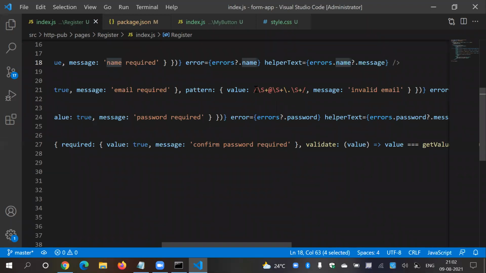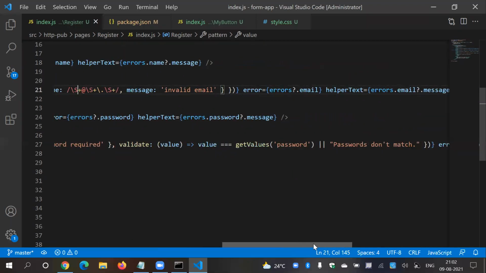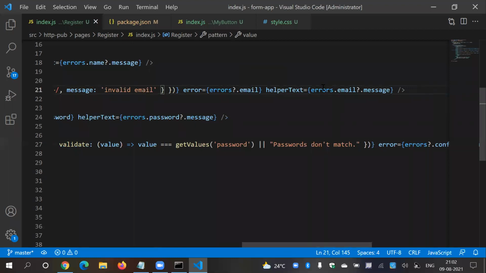So this is pattern. And I usually try to Google it and copy and paste it, but try to understand what it means. Plus means one or more, star means zero or more. This is a basic thing, guys. So s means string, d means digit, and this is if errors, then helper text errors. This question mark means we are not sure whether we have this email attribute in errors or not. So if it is null, skip, ignore the next part, means ignore this part as well as this part. So this is optional, this means optional.